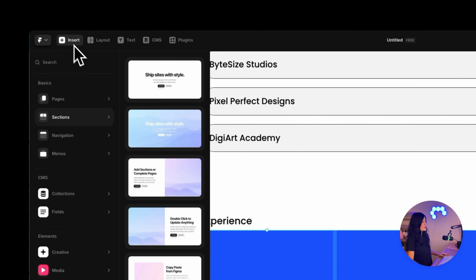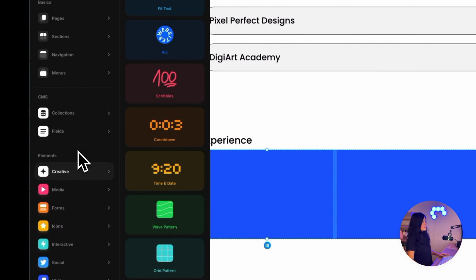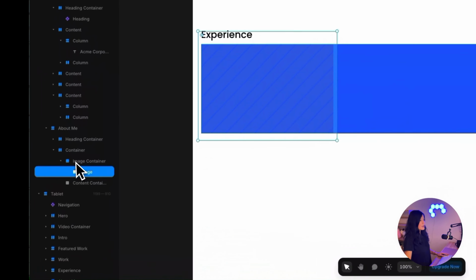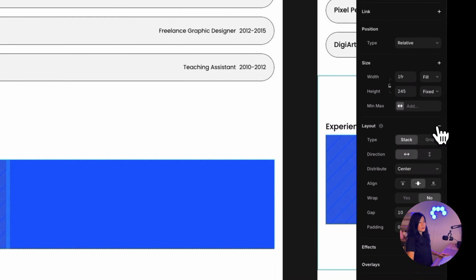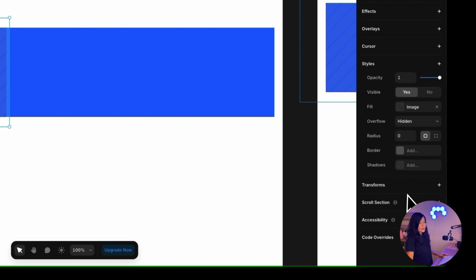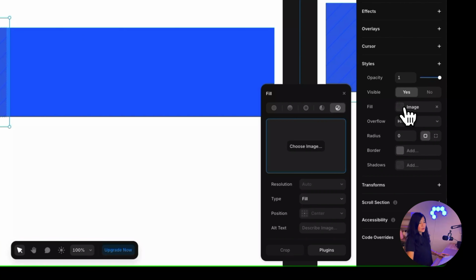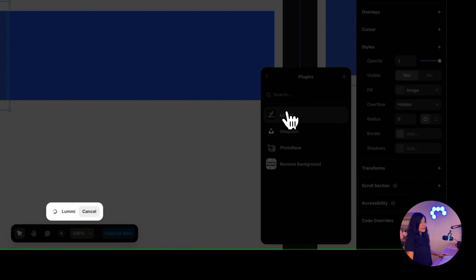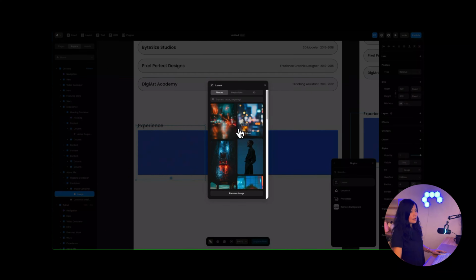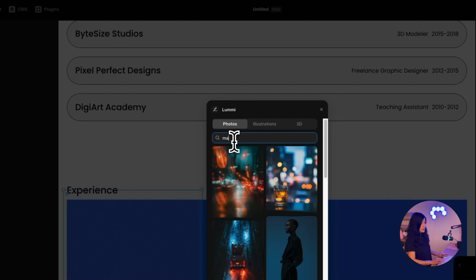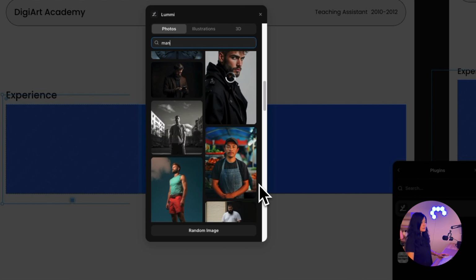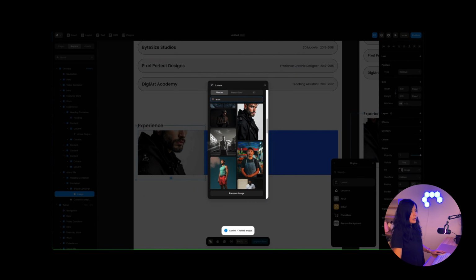Alright, now we can add the image right here. Go to Insert, Media, Image, put it here, and give the image the layout, and then you can add the image by going to fill image. I use the plugin Lummi. You can add any image that you like. I will go right here. I'll put this person, why not? Okay,